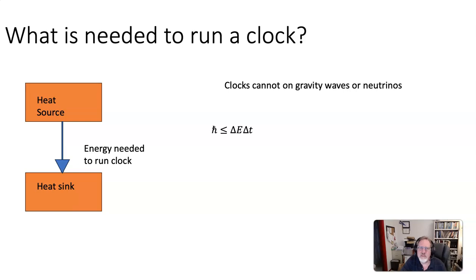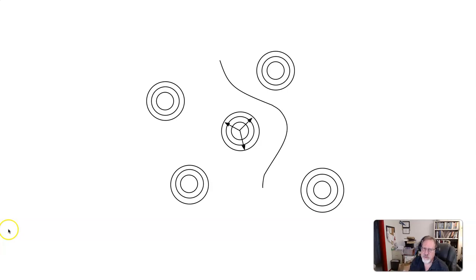And so what do you need to run a clock? As I said, you need a heat source and a heat sink. We can't run a clock on gravity waves. It'd be hard to run a clock on neutrinos. And so, as we said, we get a cold universe, everything's the same. We sort of lose track of time. We also think of this as a very uniform energy level. Imagine a universe without time. And then, for whatever reason, we have these sparks where time decides to start again over a vastness of space.